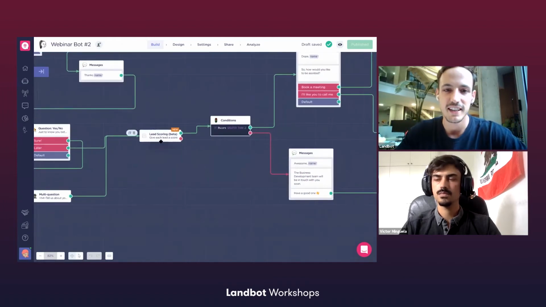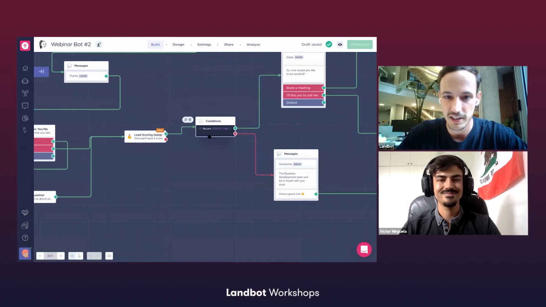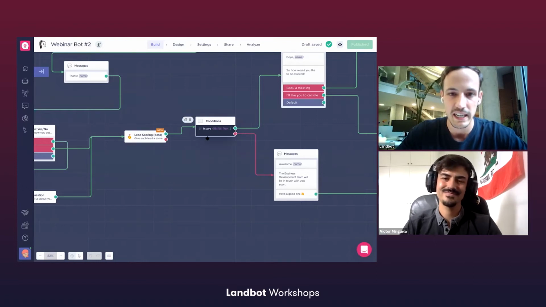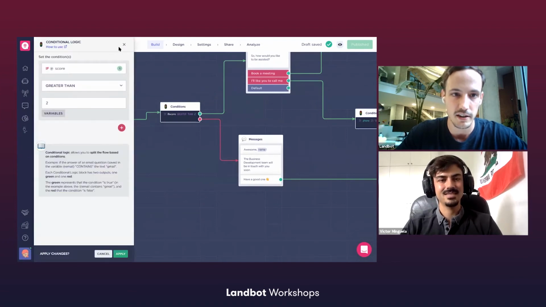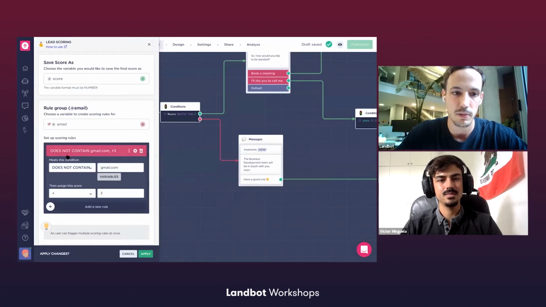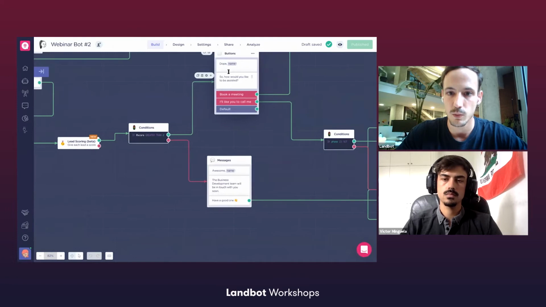Continue with the lead scoring block, which is say conditions, plot, set variable, email on steroids. Here we got the conditions because we will always need one. And in this case, we're checking whether the score is greater than 2. Since with the lead scoring block, we're only assigning a score for non-gmail.com email addresses. And we're assigning 3 points. So if you have a Gmail account, you're going to follow this path. And if you get any other domain in your email, you're going to follow the green one.